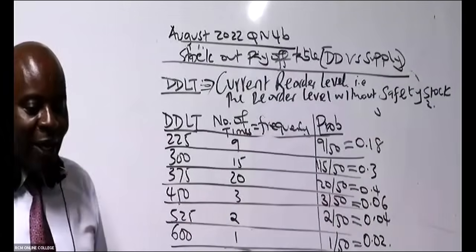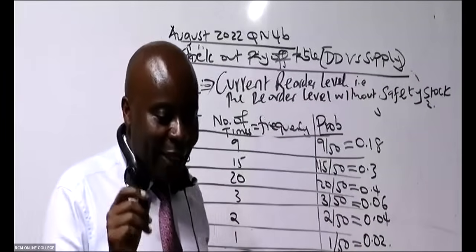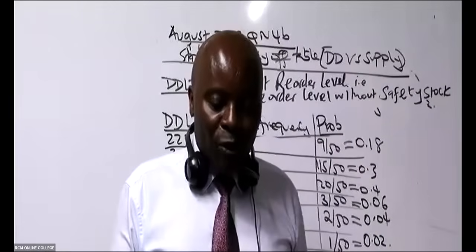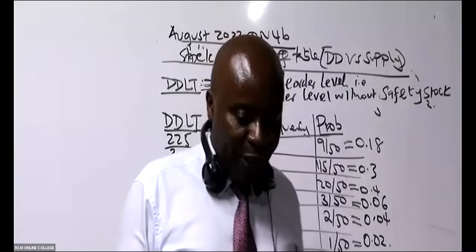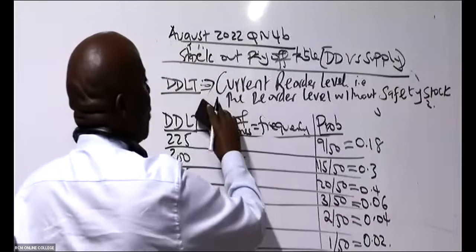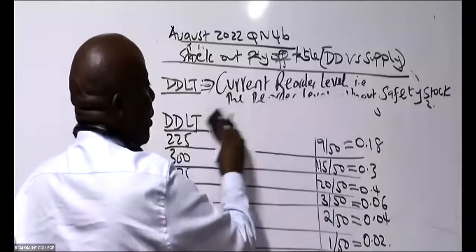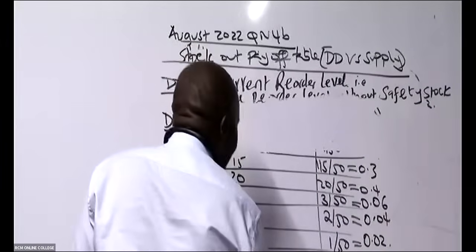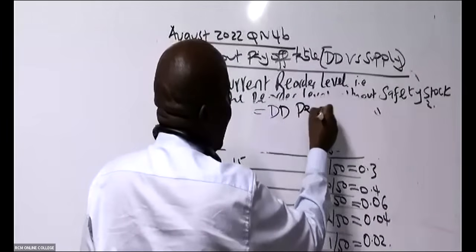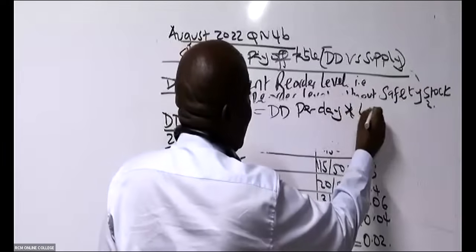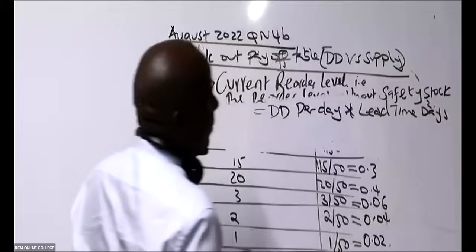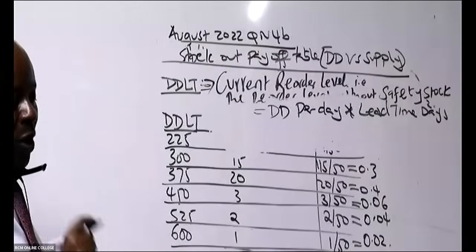Additional information 1, you see that is not quantity. That is not quantity, Lavi. This demand is always in terms of what here? In terms of units. How do we get this reorder point or reorder level? You ninjas, you have already given me a formula. You've told me, Mwalimu here, take demand per day times lead time days. That's how we get reorder level.